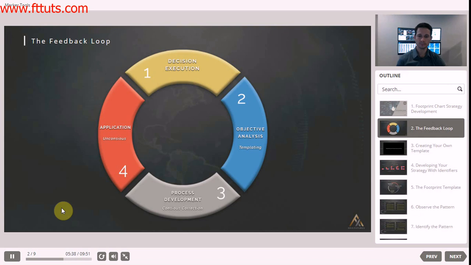Now, like I said, how this whole decision making process works, it's very simple. Okay, we've made a decision. Now the next process is to have an objective analysis. Okay, so once we've conducted an objective analysis, we then need to go and look at our process development. Okay, so all that process development is, is that we want to go and write down all the processes that we did over a period of time, obviously before making the next decision,